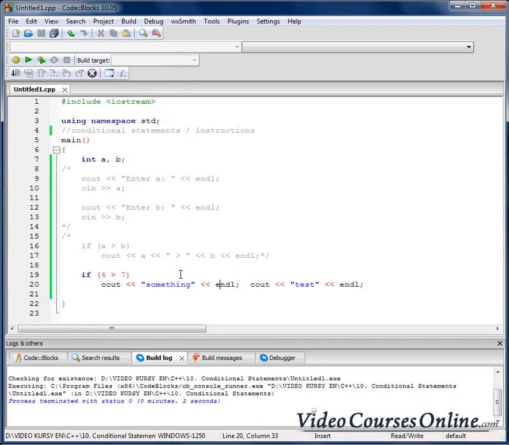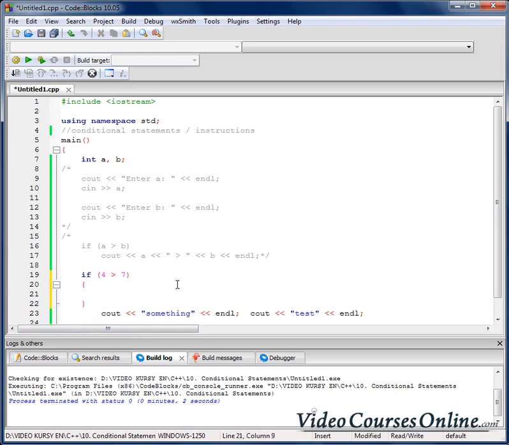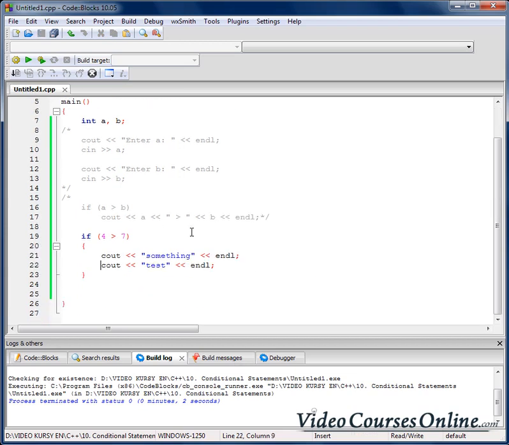But what if I want to execute that only when this condition is met? I need to use something like brackets. Brackets are used to group many instructions. So as you can see, we have got here brackets, opening one and closing one, and those brackets